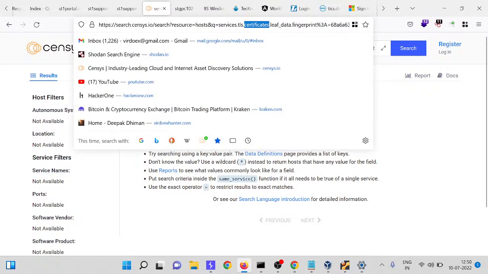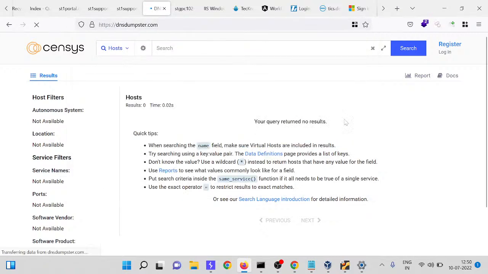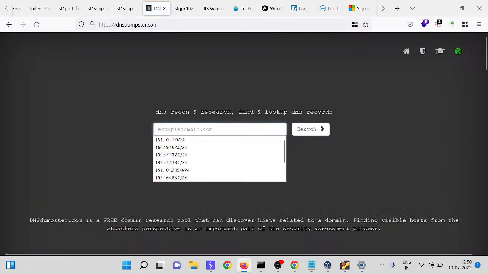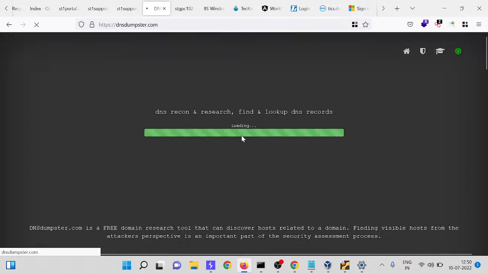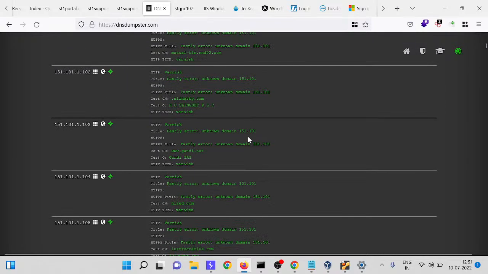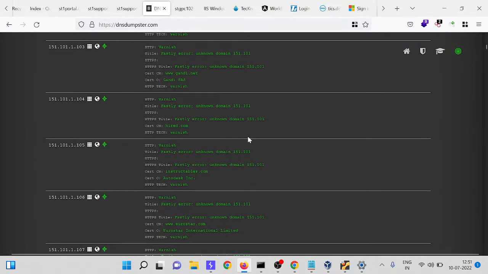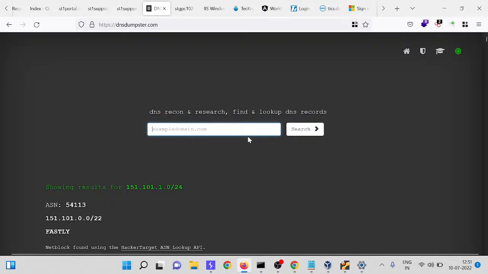Third thing of origin IP is, for example, if you find any IP related to the target, just copy that IP and change it. For example, if it is 1.1.1.121, change 121 with 0/24, and once you have done, just click on search. If any IP is using the web application, you can find it, copy the IP and put it in the browser. If it shows the same output as the normal domain, then there is an origin IP you have found.